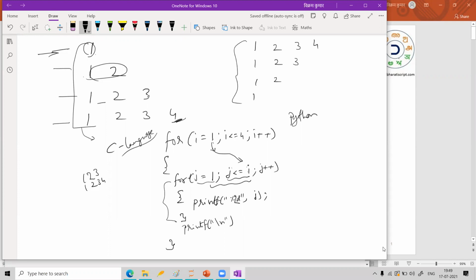So how do you implement the same thing in Python? Because this is also very important: if suppose a C program is there, how do you convert it into Python? When you join a company, you may encounter this kind of situation, because some people would have written a program already,